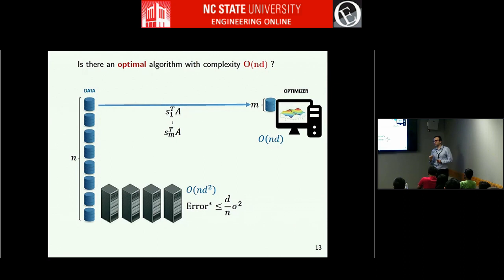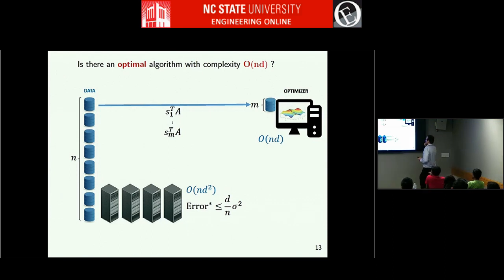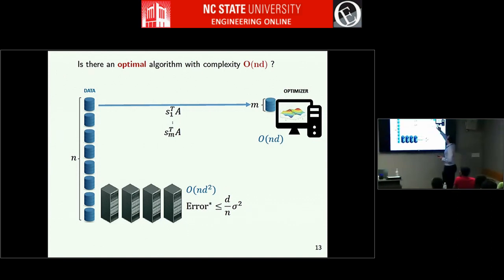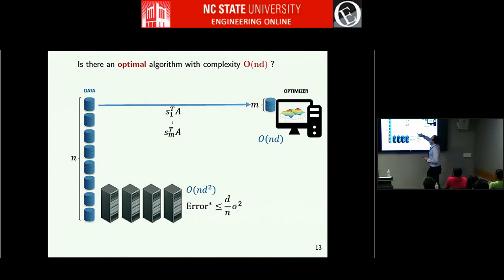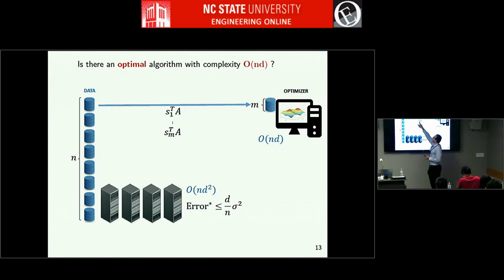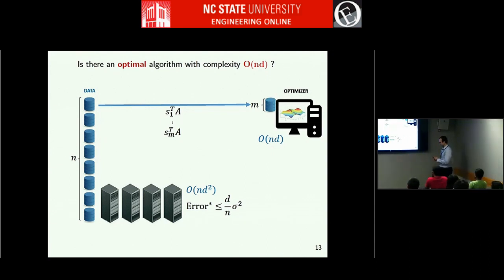Maybe we can modify the sketch, right? Because the sketch was chosen at random. Maybe there's a better sketch that will get closer to the true solution. It turns out, yeah, there is. So let's say this machine gets S times A, and over the rows of S, it will look like the first row of the sketch times A, second row of the sketch times A. These are matrix vector multiplies from the left. Okay? And then next round,